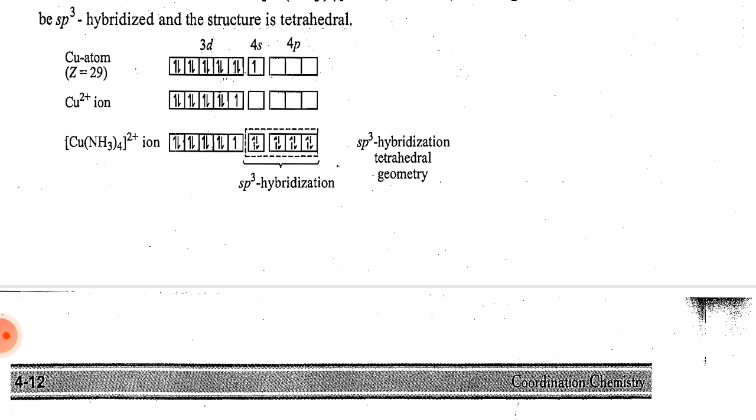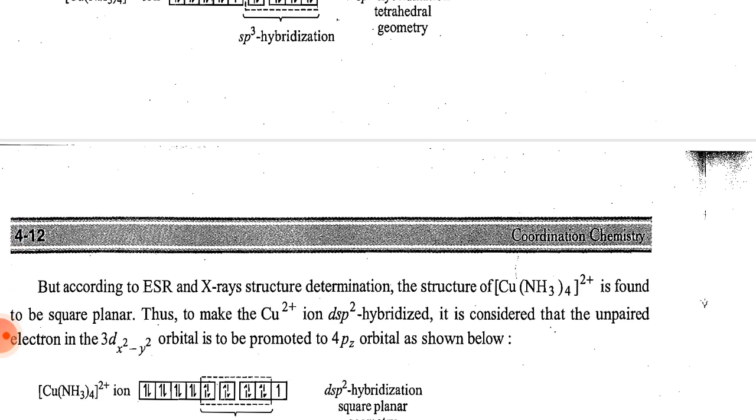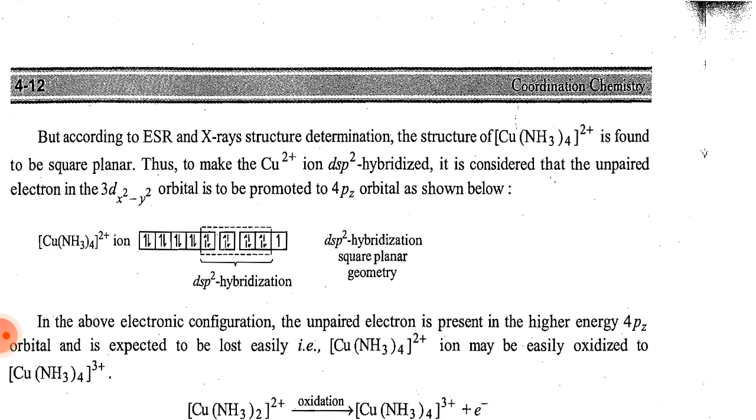In 3d, 9 electrons will be present, and 4s and 4p will be empty. The [Cu(NH3)4]2+ ion will share 8 electrons to form sp3 hybridization, giving tetrahedral geometry. But according to ESR and X-ray structure determination, the structure of [Cu(NH3)4]2+ is found